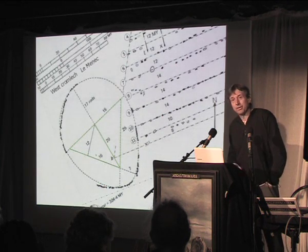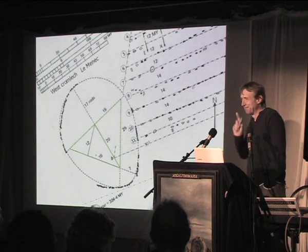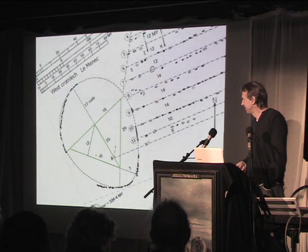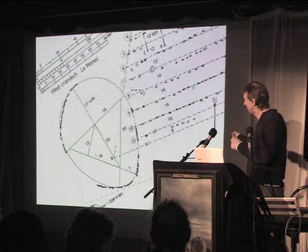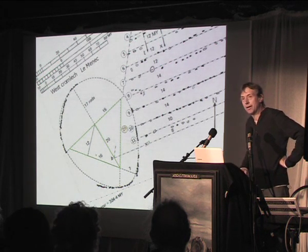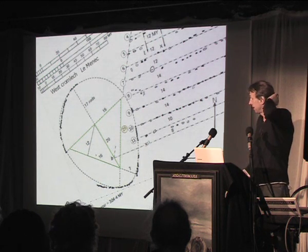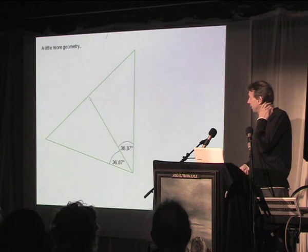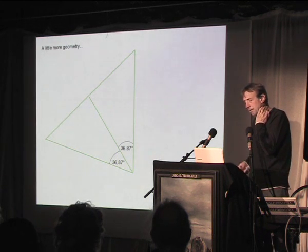Now, one final thing about this egg. We may think we've said everything there is to be said about the egg, but there's something very interesting still to be said about this egg shape. As you can see now, these are the 3, 4, 5 triangles that are orientated towards the north. And the side length, as I pointed out, of the long side of the 3, 4, 5, the 5 side, is given as 25 megalithic rods. Now, a little more geometry here. If I reconstruct these 3, 4, 5 triangles back to back,